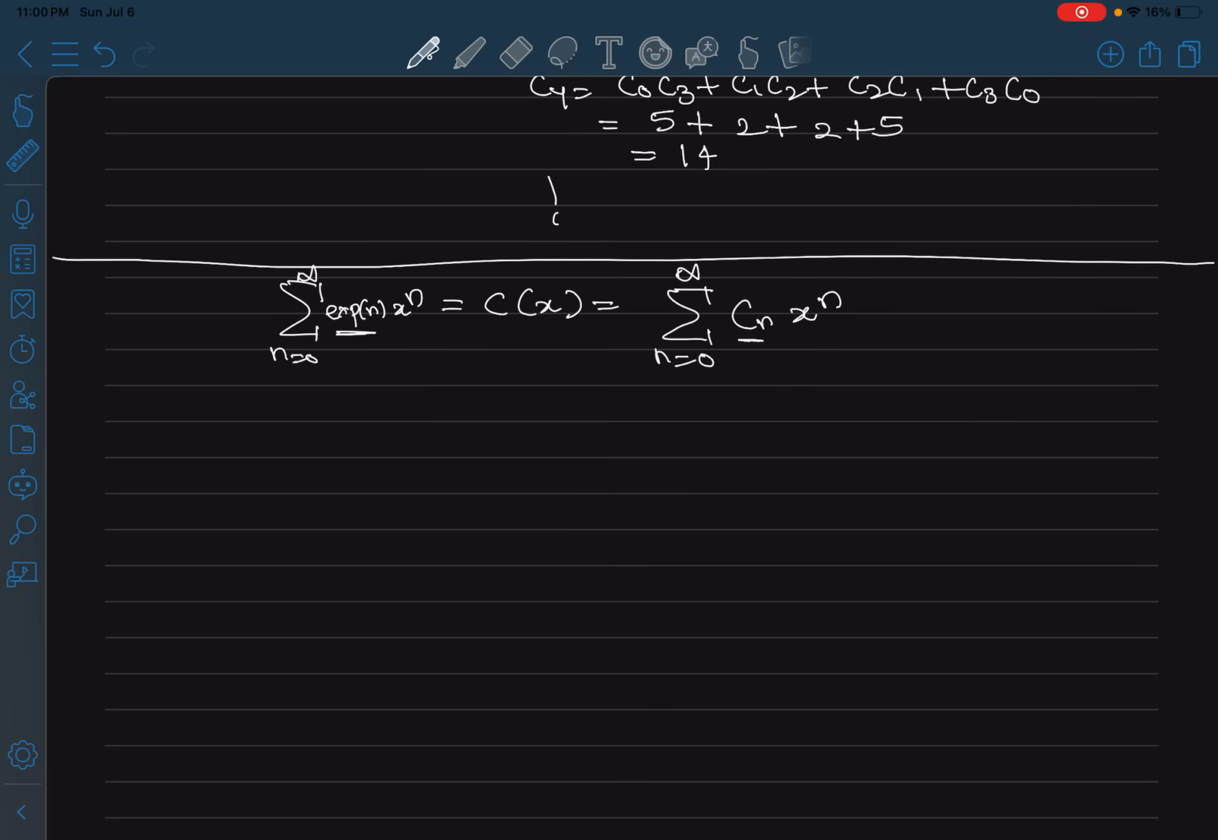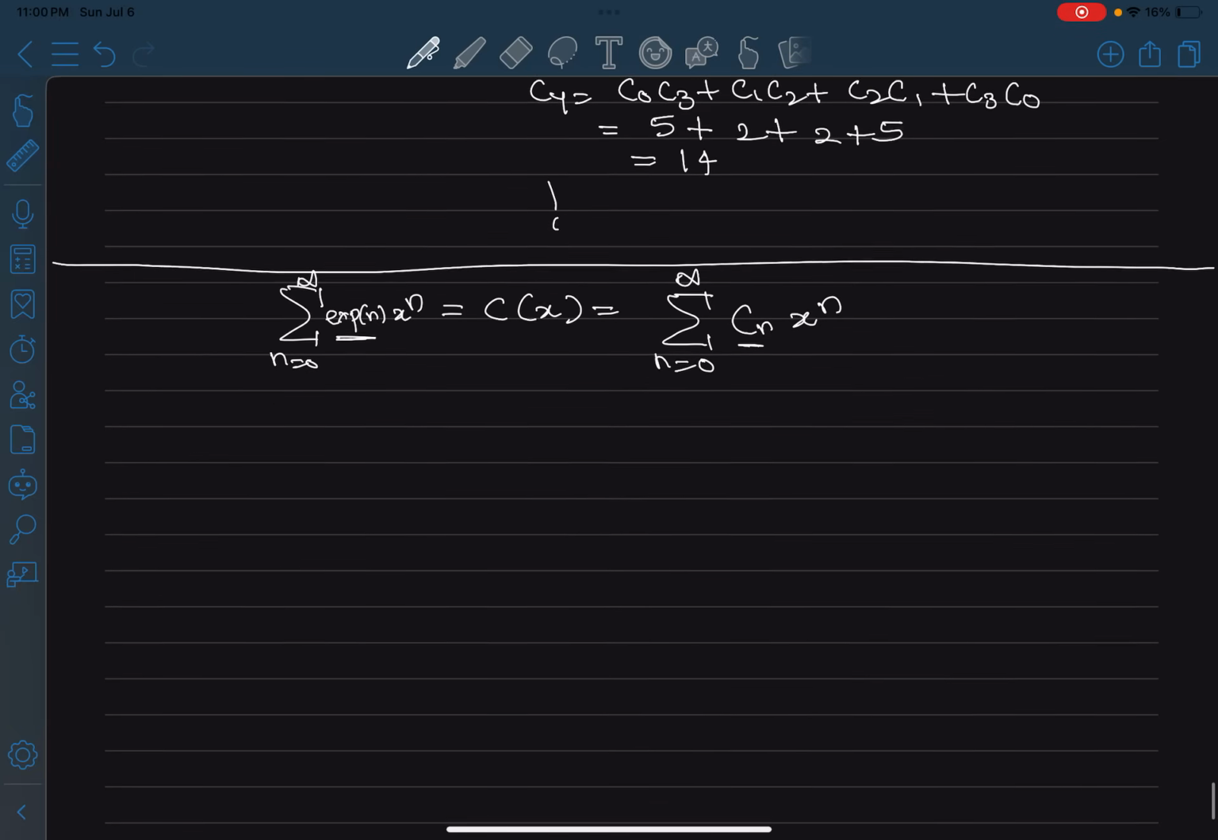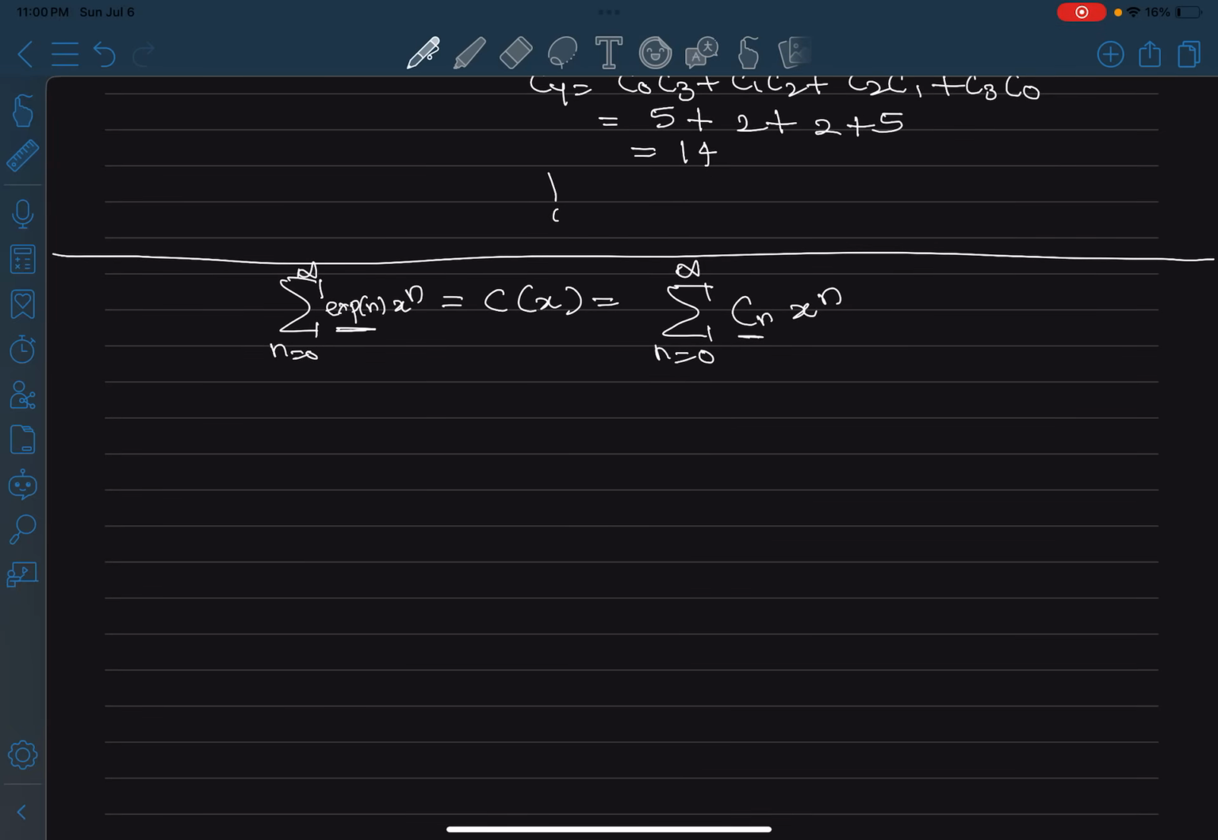So that's what our idea will be. Okay, so let's proceed ahead. Now I'm going to make some manipulations like this. What I'm going to do is try to find this product, c of x times c of